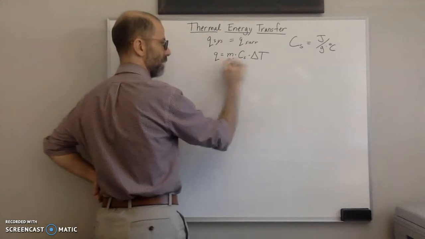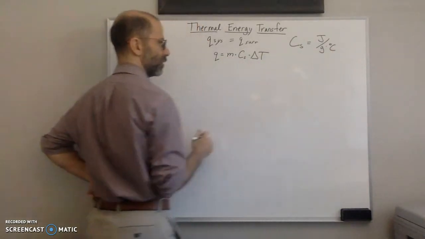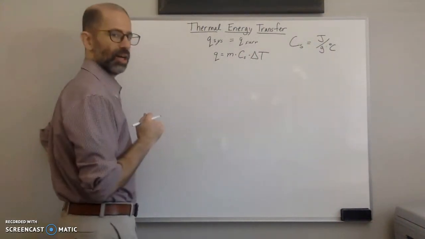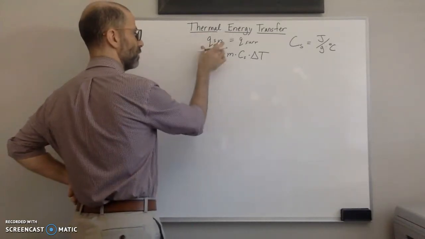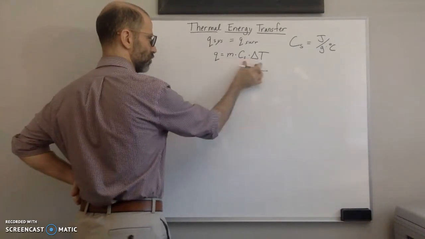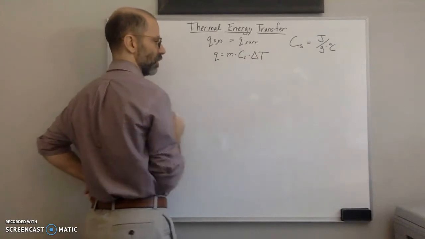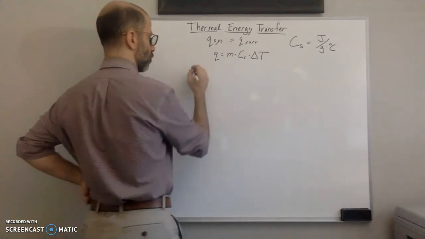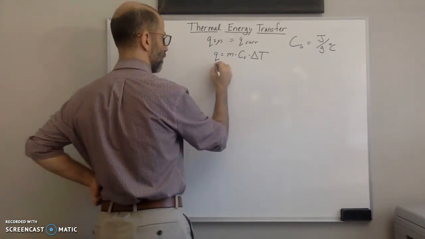So multiplying by mass and by change in temperature will get rid of grams and degrees Celsius, leaving only the energy unit of joules, right? So if my system is a block, then I can use the mass of the block, the specific heat of the block, and the temperature change of the block, right? For one side, so for this one, I would have Q is